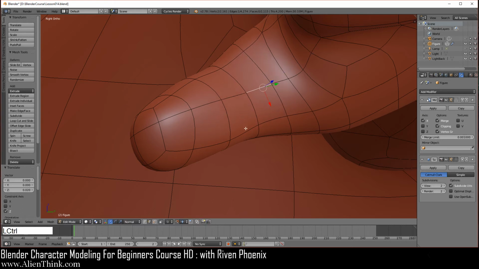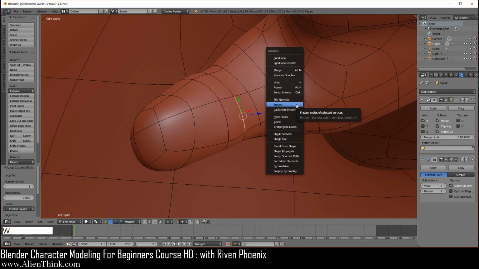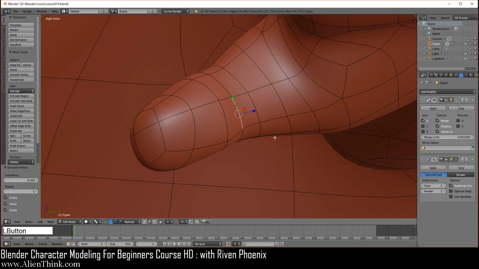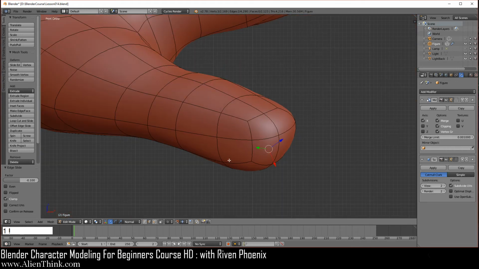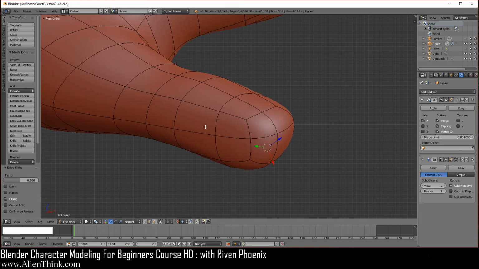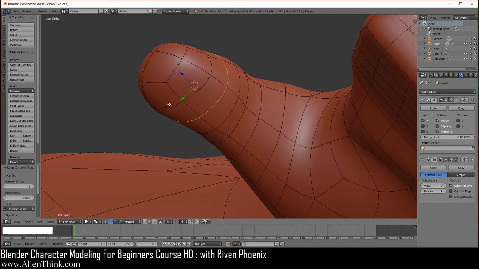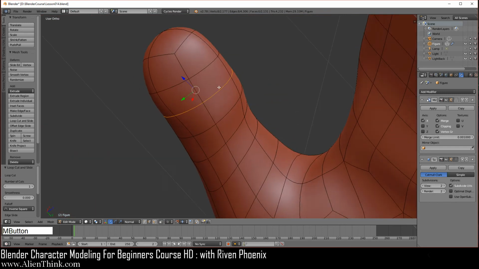Okay, now we're going to Control R, left click and then right click, click on this one, do W smooth, 1 and then 2. Okay, and now go ahead and select on these 2. Now you're going to press the G key 2 times. And you're just going to nudge your mouse up 1 time like this, okay? Now, when we do that, we're going to actually come in over here first. We're going to do Control R and left click and then right click over here, okay? So it's going to add this edge loop over here.